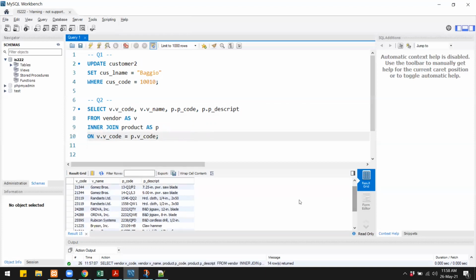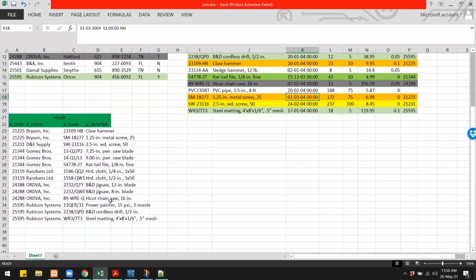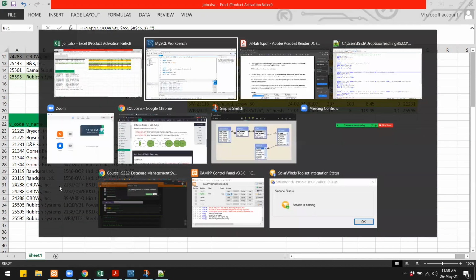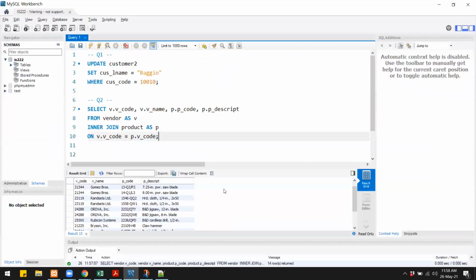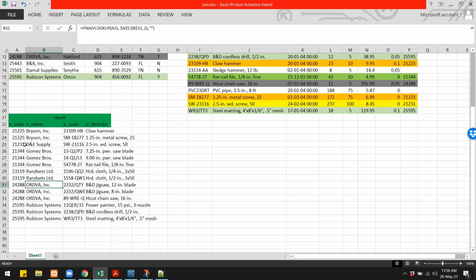And this data should match with what we have over here. So let's count the number of data that we have here. We have 1, 2, 3, 4, 5, 6, 7, 8, 9, 10, 11, 12, 13, 14. So we have 14 over here. And let's see how many we have over here. We should have 14. At the bottom it says 14 rows returned. The first one is 2, 1, 3, 4, 4. And in here we have 2, 1, 2, 2, 5. The order is different, but the data that we get is the same because we don't know how the database is setting the records.